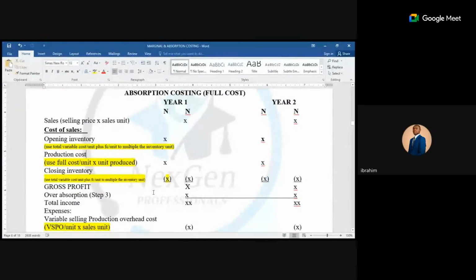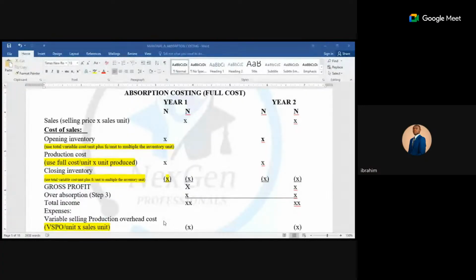Now, you should not forget that in your income statement, you have opening inventory, add purchases, less closing inventories. Now, your production cost is like your purchase. Do you know why? Because you will buy inventory, you will buy material. Labor, you will pay labor. Those are into production, that is your production.